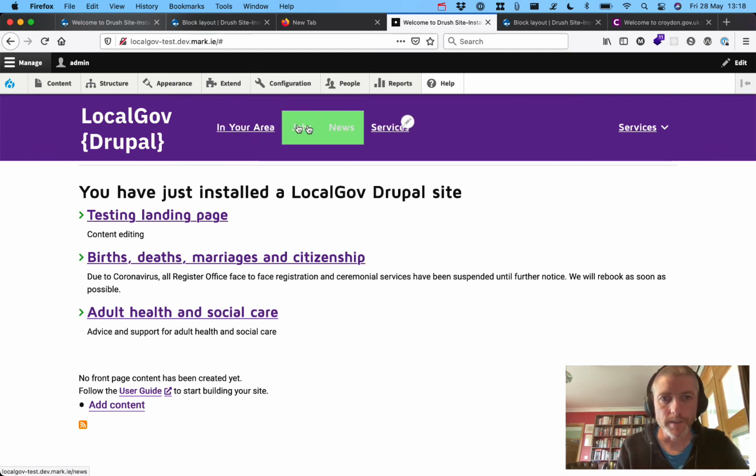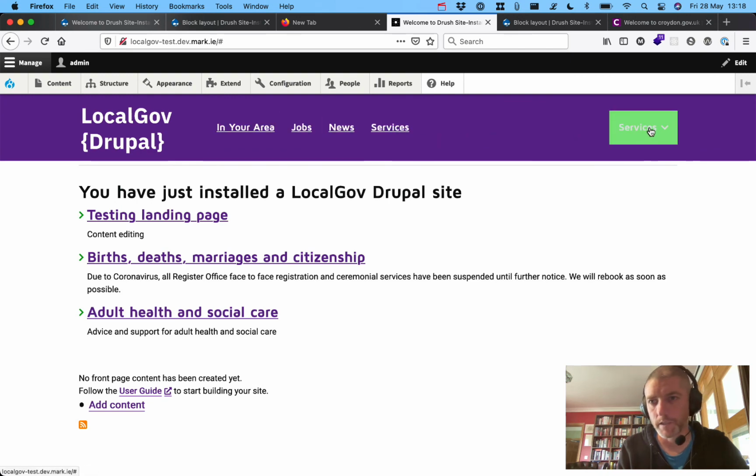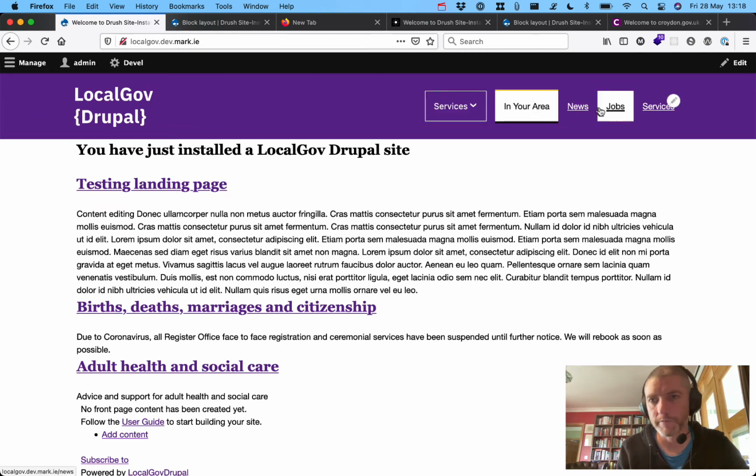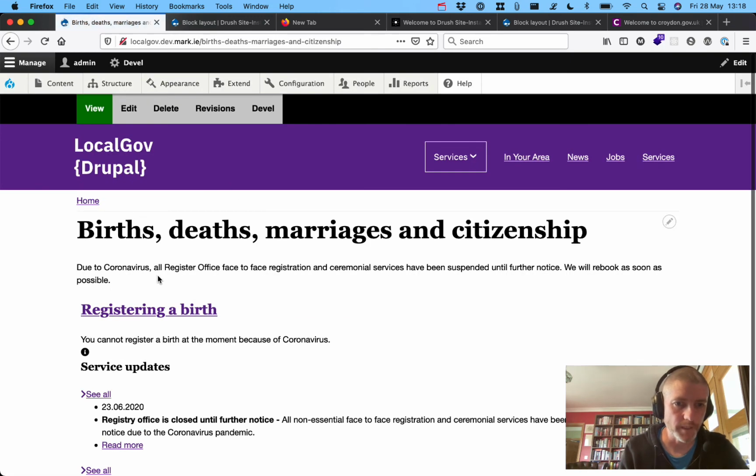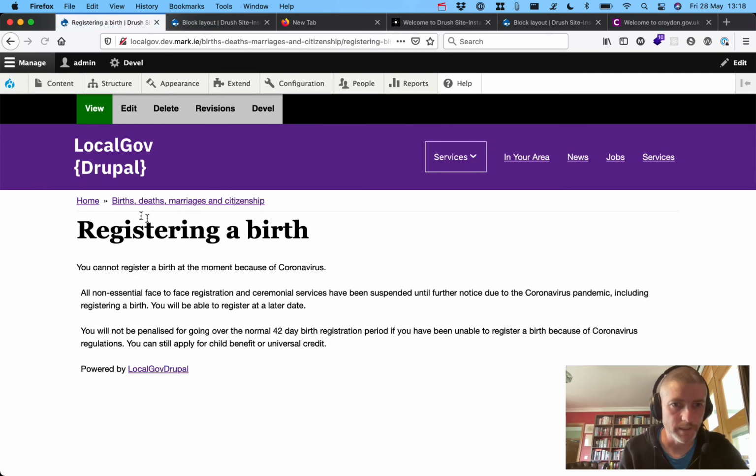So again, the accessibility of this section just isn't up to scratch for us, and the same with the services link. So I'm trying to make them stand out more and be easier to follow. So that's that. The other section we've got here is the breadcrumb section. So if I click on register a birth, I think, yeah, we can see the breadcrumbs here, and we've got this little, what do you call this, double chevron thingy